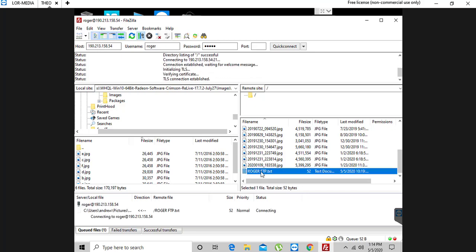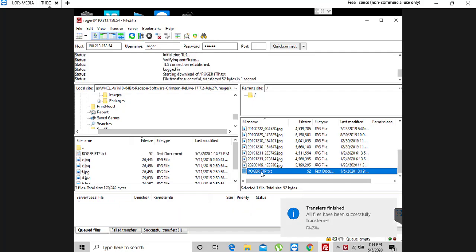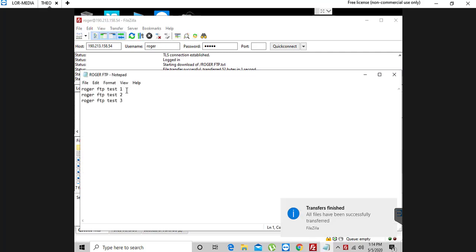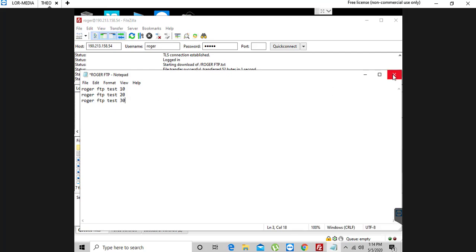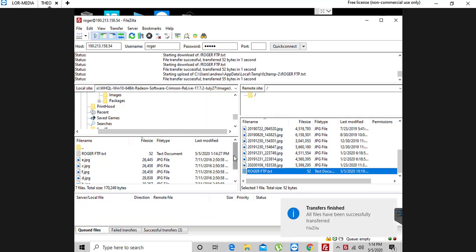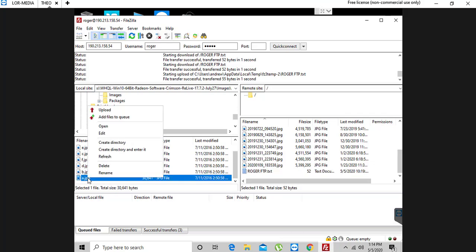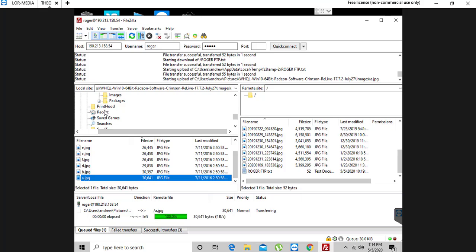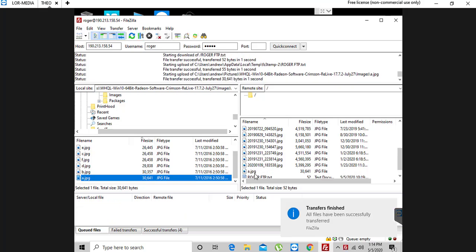Click on a file. Edit. We make an append to the file, make some changes to the file, save. Okay, next. We can upload an image. Transfer finished. The image is there, and then we can now go to our server,